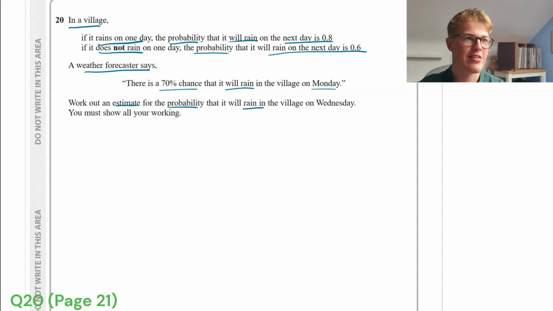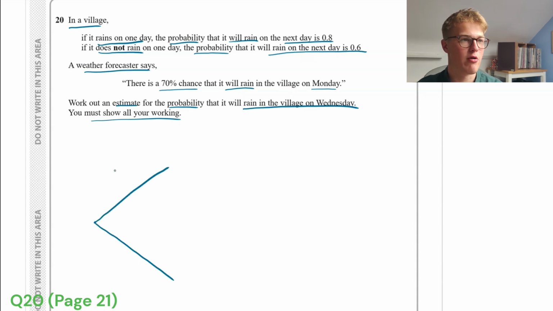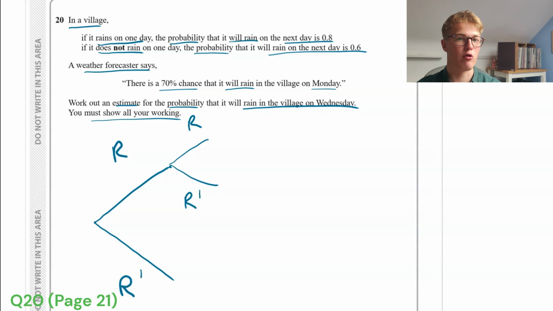Work out an estimate for the probability that it will rain in the village on Wednesday. You must show all your working. So what I did is write down all of the possibilities for how it could rain across the next 3